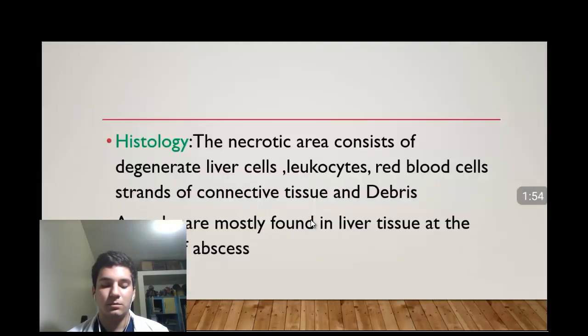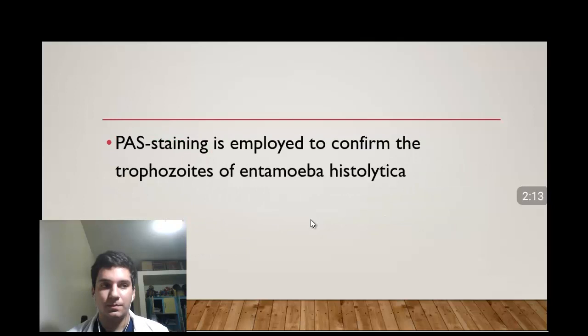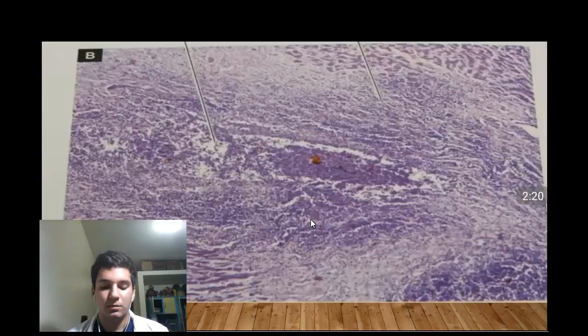Coming to the histology, the necrotic area consists of degenerate liver cells, leukocytes, red blood cells, strands of connective tissue and debris. Amoeba are mostly found in the liver tissue at the margins of the abscess. PAS staining is employed to confirm the trophozoites of Entamoeba histolytica. And this is the histological feature of Entamoeba histolytica affected